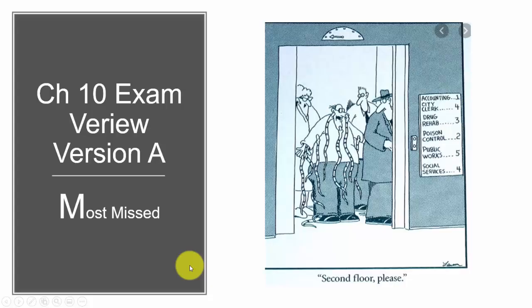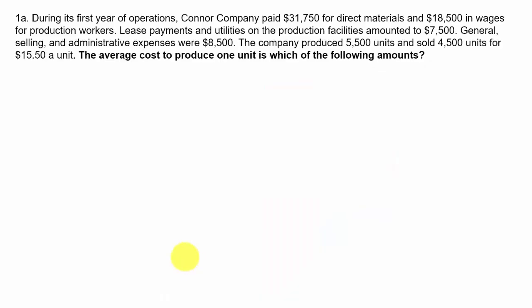This is the Chapter 10 exam review of the most missed questions. Question number 1. They want to know the average cost to produce 1 unit, and the way we figure that